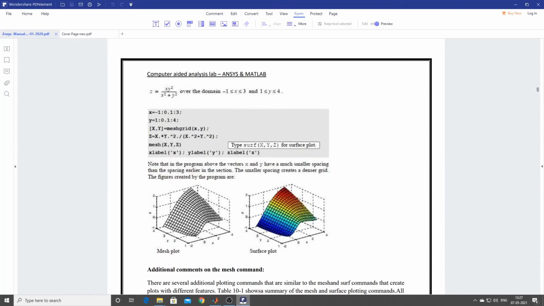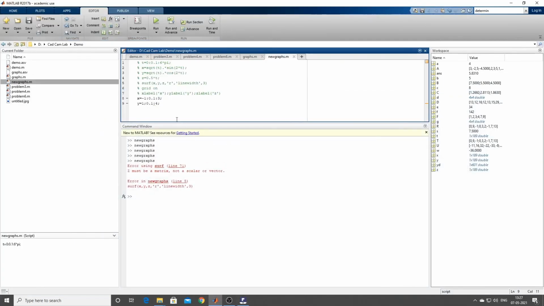Then you have to type like this: x of y equal to mesh grid of x comma y. So whatever it is there, capital X comma y, please try to type it. So square bracket open here, capital X comma capital Y. So this is the way in which you should give. This is the syntax. That's it. So which is equal to what? Mesh grid command is there. Just try to type it. Mesh grid of x comma y. Okay, mesh grid of x comma y.